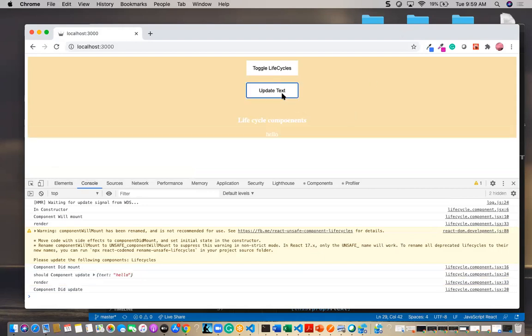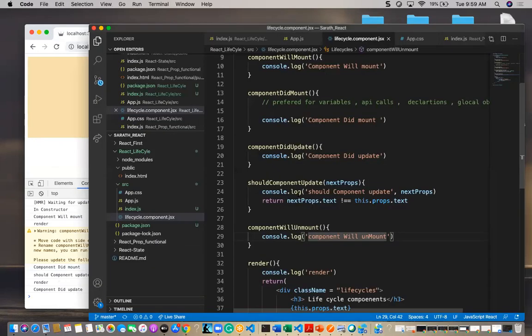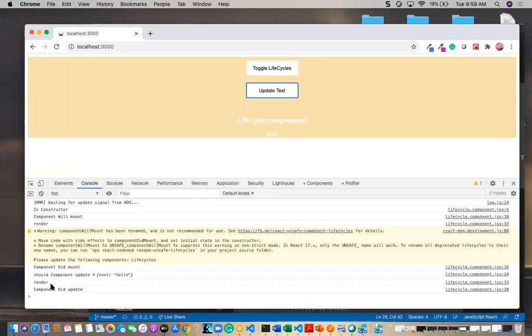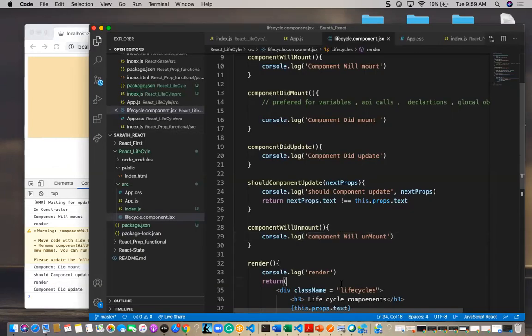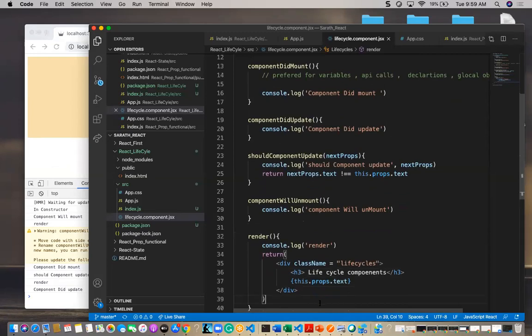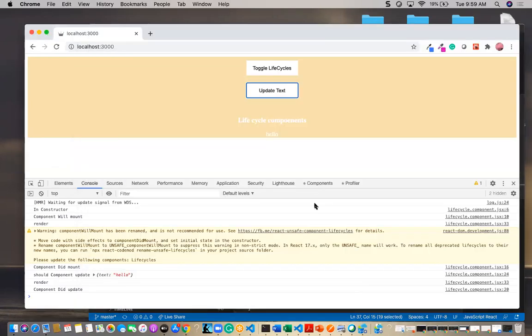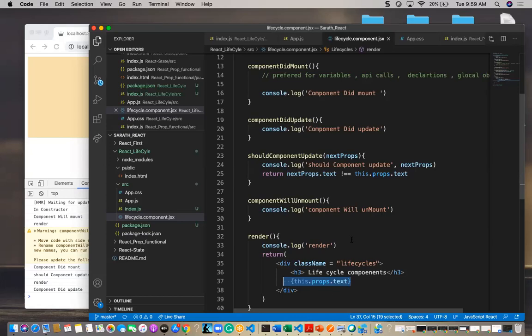If I click update text, it will fetch the current shouldComponentUpdate details, and also go for the render again, and it will render this.props.text, which is the hello we are having here, and finally it will go to componentDidMount.